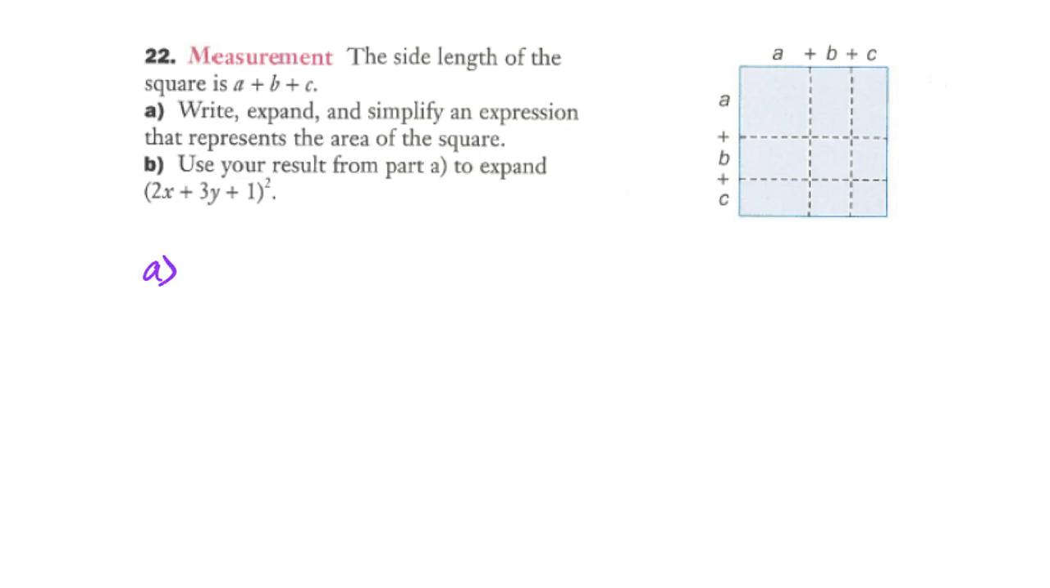So it says write, expand, and simplify an expression that represents the area of that square. It explicitly tells you up top that the side length of that square is a plus b plus c. So if you were going to calculate the area of a square, you would take its side length and square it, or you would take its side length and multiply it by itself. So in either instance, that's what we're going to work towards. I think for us to be able to say that it is a plus b plus c all squared,